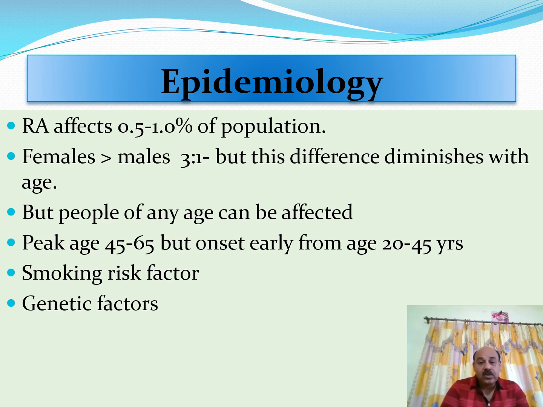Smoking is one of the known risk factors for rheumatoid arthritis. Genetic factors also play a vital role in the manifestation of rheumatoid arthritis. We'll have some detailed discussion on genetic factors after a couple of slides. Now coming to the